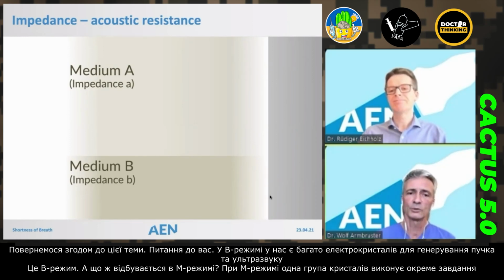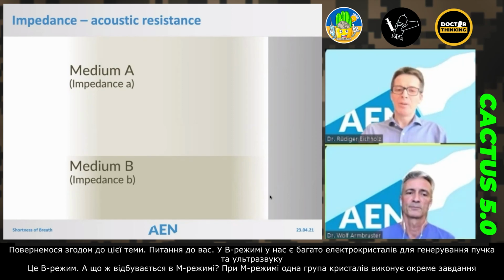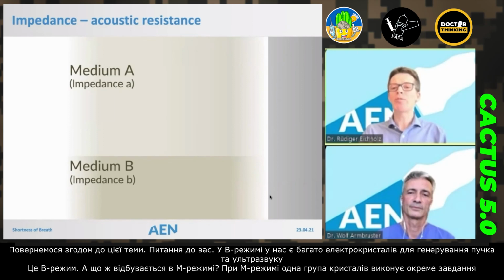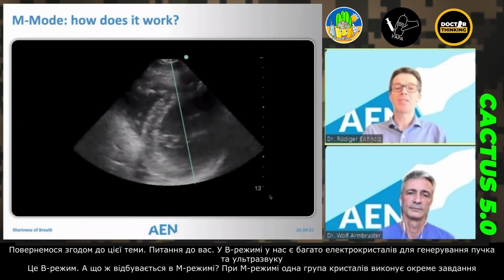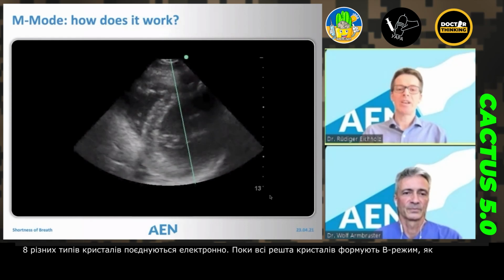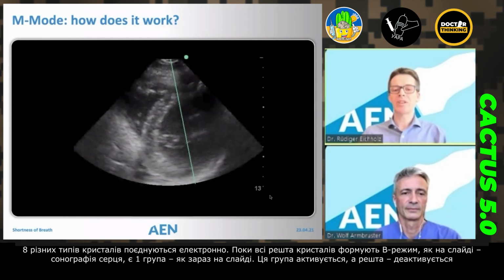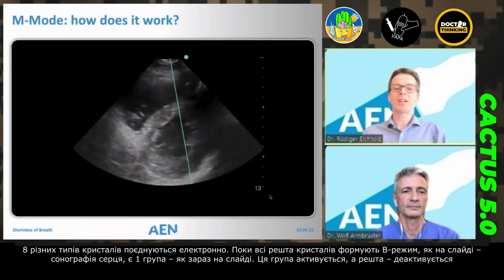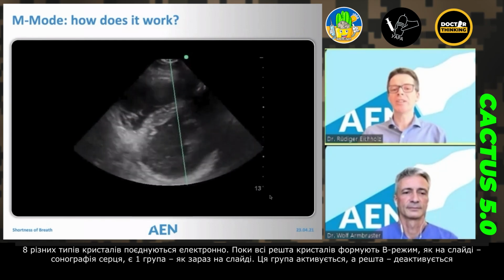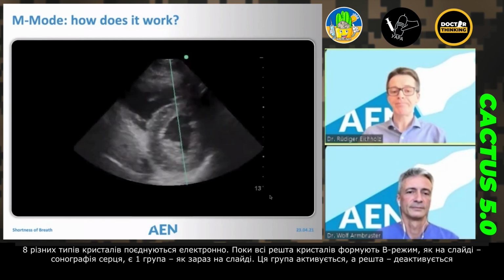And what about M mode? What is M mode? Well, the motion mode is one specific mode of action of the ultrasound machine that gives one group of crystals a special job. And this one group is called the aperture. So let's say 8 different crystals are actually connected together electronically. And whereas all the rest are creating the B mode image, like here in a heart ultrasound,